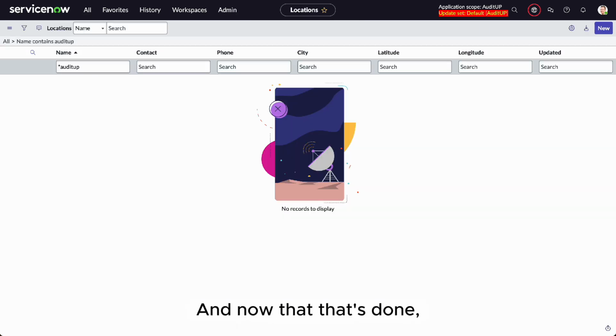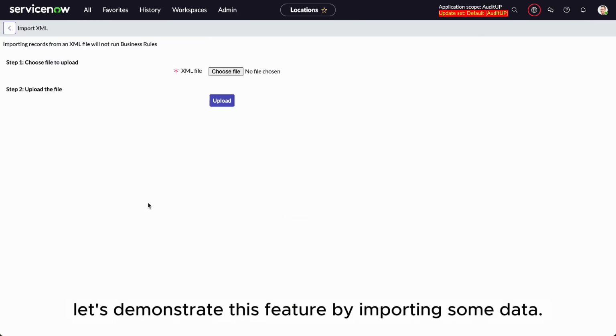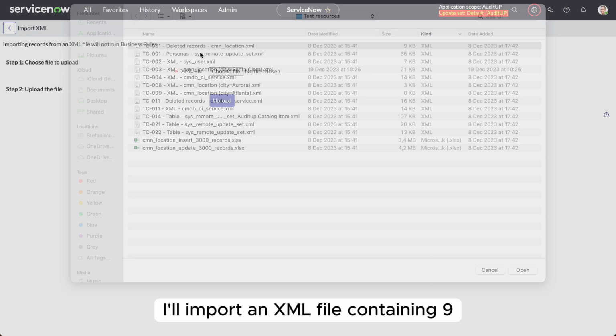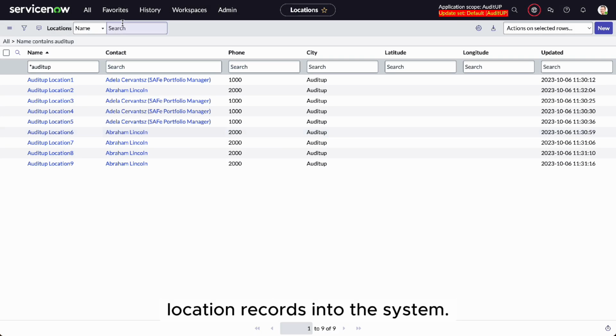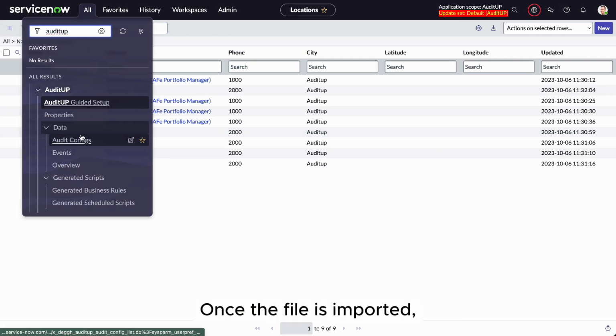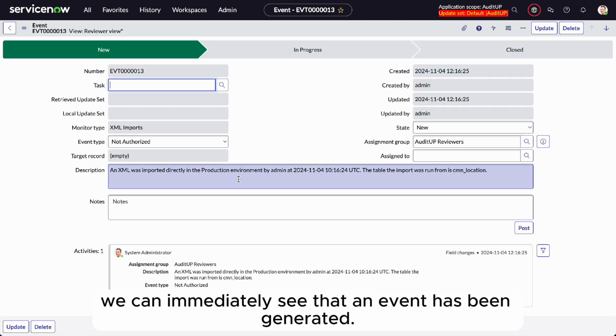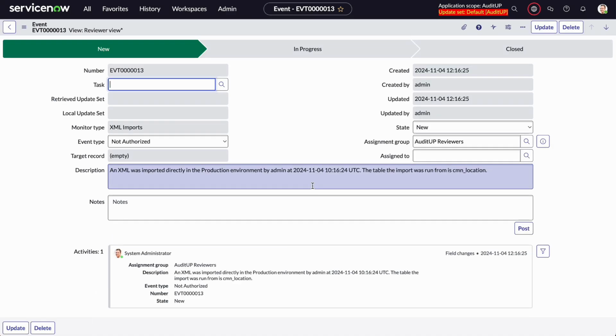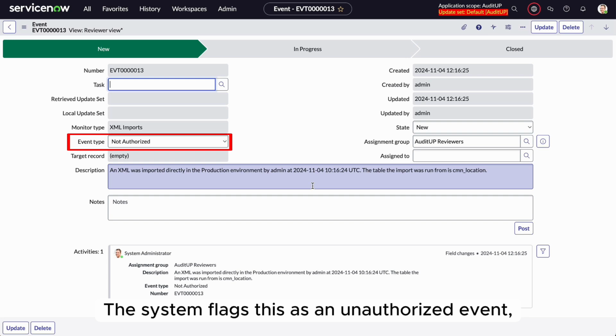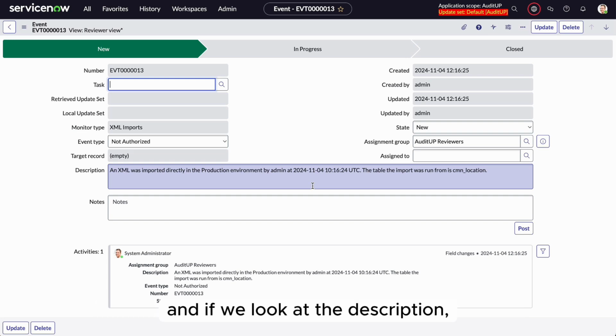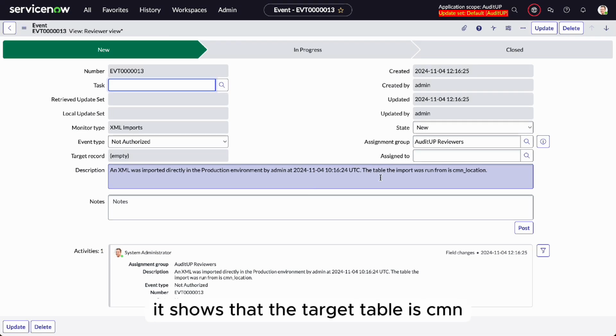And now that that's done, let's demonstrate this feature by importing some data. I'll import an XML file containing 9 location records into the system. Once the file is imported, we can immediately see that an event has been generated. The system flags this as an unauthorized event, and if we look at the description, it shows that the target